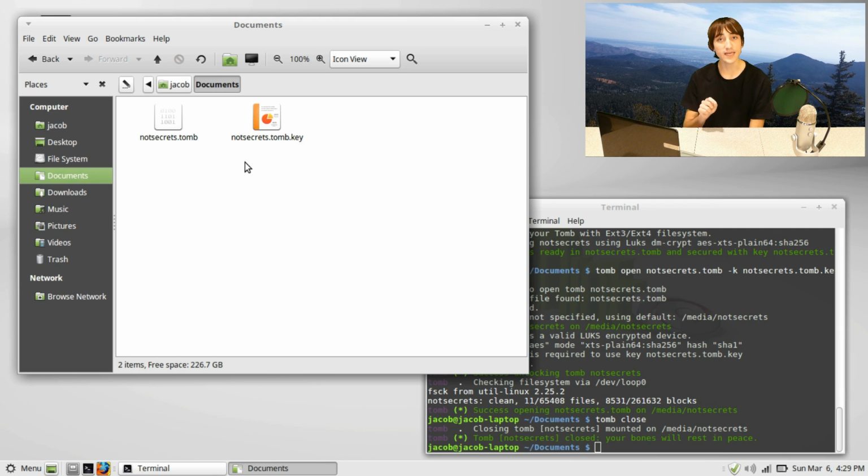If you lose the key, you lose access to your tomb. So if you do keep the key on a flash drive, maybe make it 2 flash drives. Have a spare one with copies of all your keys just in case you lose the first one. But store those 2 files in completely separate places,